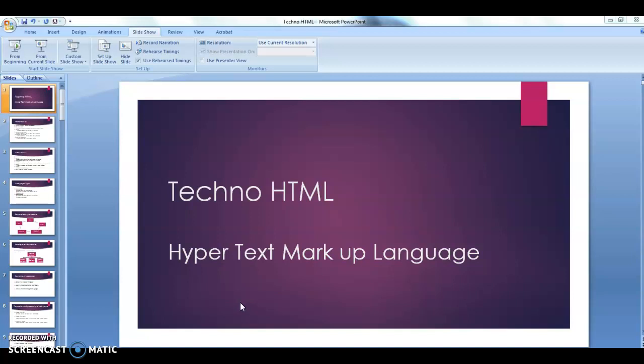Today we will start to review HTML, and we need to start from what HTML stands for. It stands for Hypertext Markup Language. We need to start with some terms like